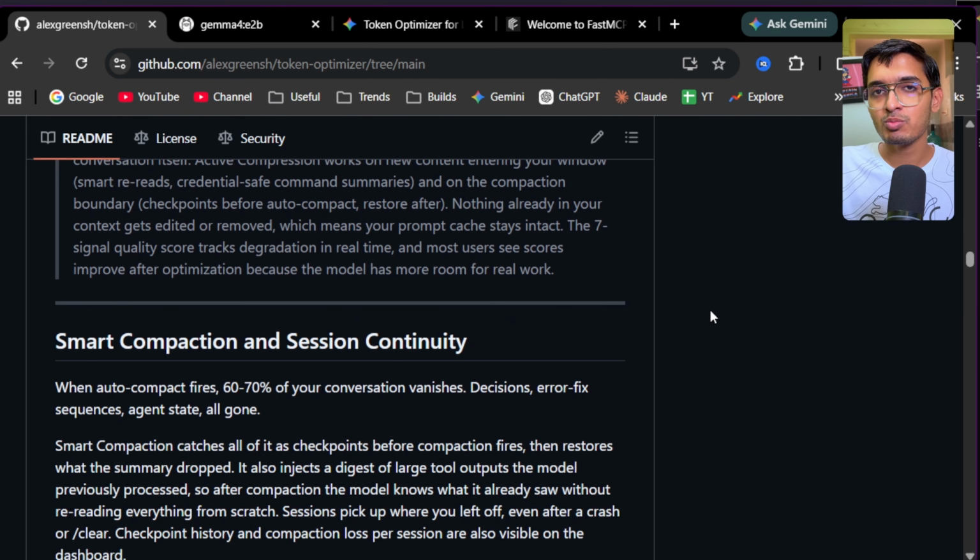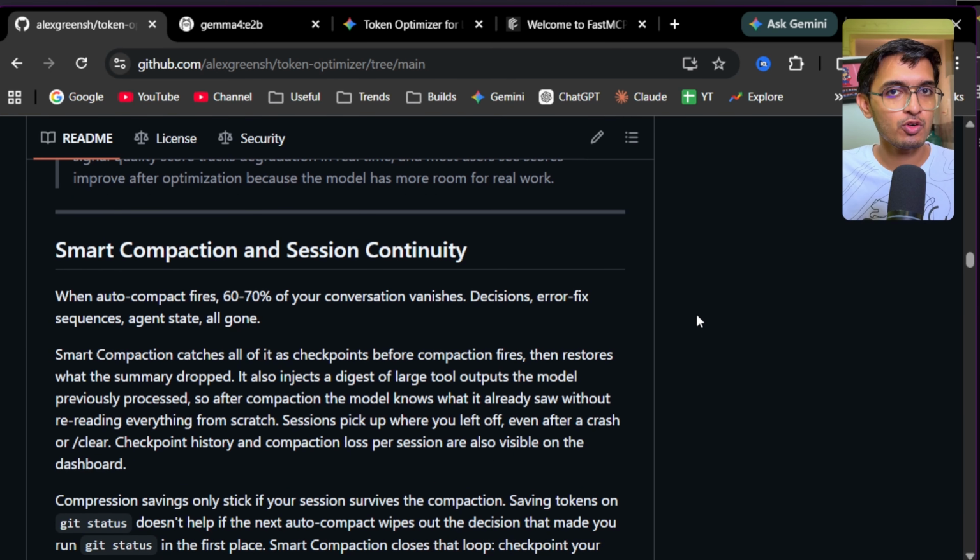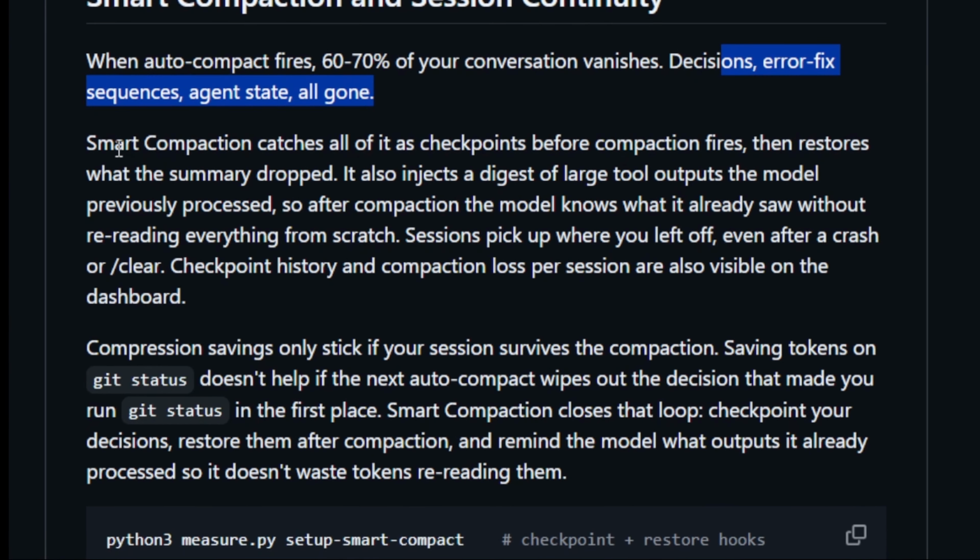I mentioned earlier that most of the AI agents do compaction of your context window as soon as it exceeds their model's limit, and that leads to 60 to 70% of our conversation vanishing. So every decision, error fix, agent state, everything that we have decided till now is completely gone. But Token Optimizer solves this with a feature called Smart Compaction. So instead of waiting for an emergency compaction